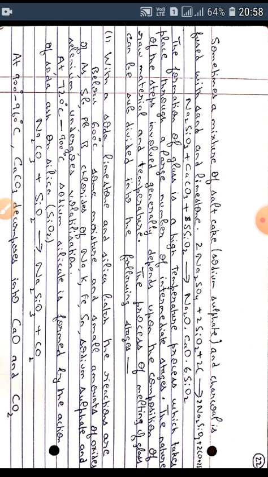However, formation of glass is a high temperature process, and it takes place through a large number of intermediate stages. The nature of the steps involved depends upon the composition of the raw material and temperature of the mixture at particular stages. The process of melting of glass can be subdivided into the following stages, which show the chemical reactions occurring in the furnace. Now, with different batch materials we have different reactions occurring in the furnace. If we have a batch of soda, limestone, and silica, the reactions are as follows.